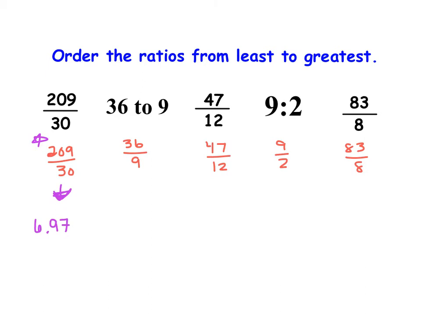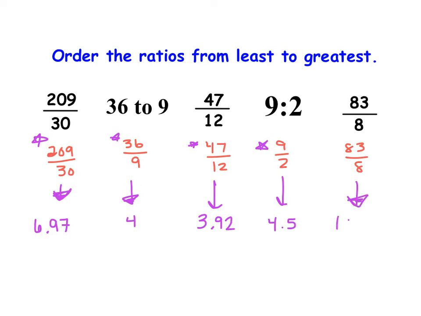If I look at the next one, so the second one here of 36 over 9, if I take 36 divided by its denominator of 9, I get 4. If I take this next one here, 47 divided by 12, I end up with 3.92. If I take that next one of 9 divided by 2, in my calculator, I find 4.5. And then that last one of 83 divided by 8,